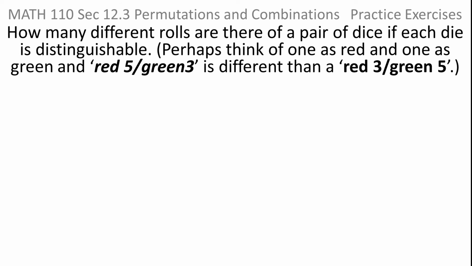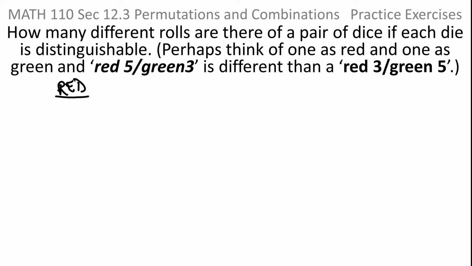In this problem, we're rolling 2 dice, so it's slightly more complicated, and we're told that each die is distinguishable. For instance, they might be different colors. You might have a red and a green one. So a red 5 with a green 3 would be different than a red 3 with a green 5. One way of thinking about that